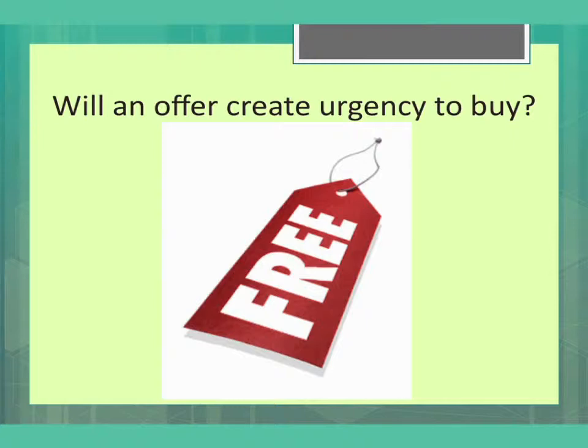One of the ideas about lead generation is creating some sort of an urgency to buy. When we talk about urgency to buy, I think everyone's mind automatically goes to discount, because I think that's just kind of how marketing has been in past years. But an urgency to buy doesn't have to be a discount. It could be an upgraded product, or it could be a free removal, or it could be an additional service. But if you have an urgency to buy, you're going to be much more likely to actually make a buying decision. And so what we want to do is we want people to say, I need to make a choice